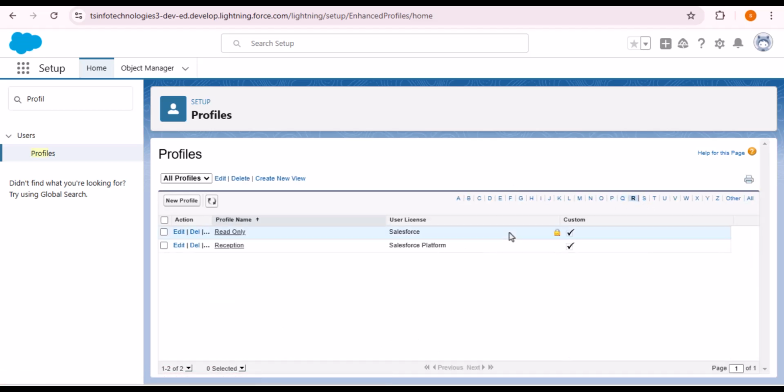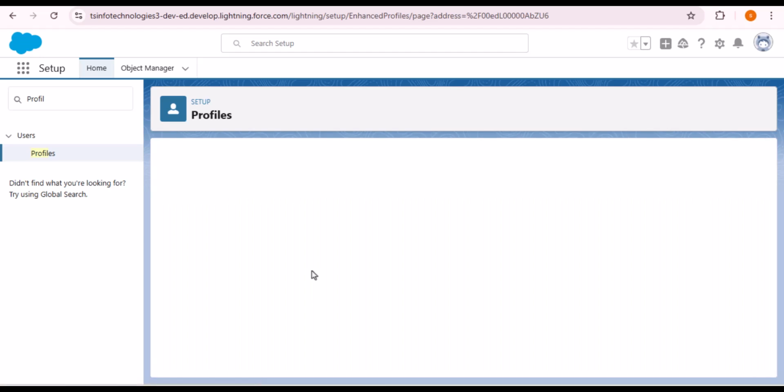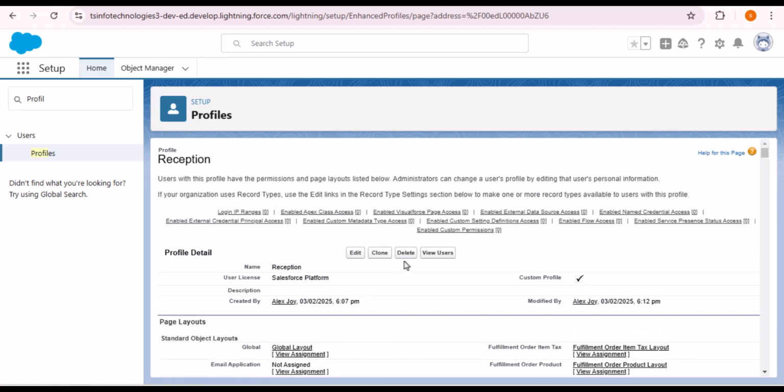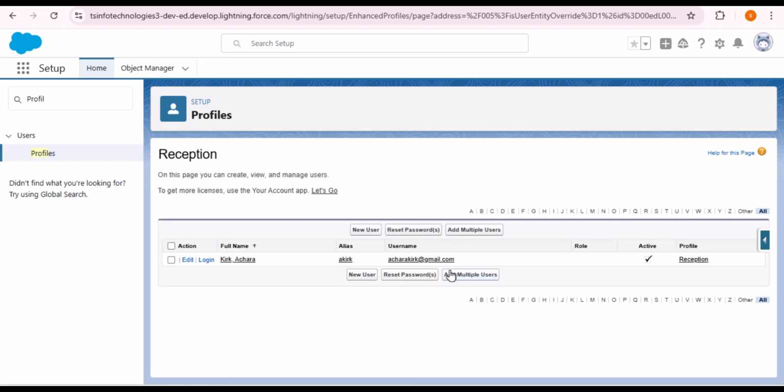Here I am opening the reception profile. Here you can see which is the custom profile under the license of Salesforce platform. Here I am opening this reception profile. Click on view users, and here you can see Kirk Achar. Now here I am going to log in with this user. For that, click on the login button,